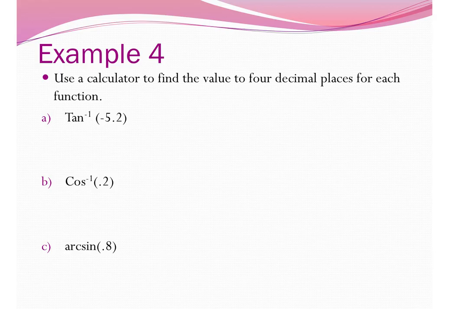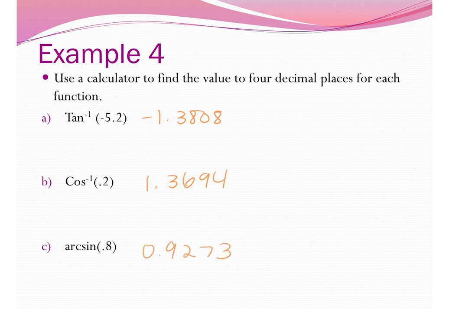All right, so this one says use a calculator, find the value, round to 4 decimal places. So I'm going to do second tan -5.2, and I get -1.3808. I'm going to do second cosine 0.2, 1.3694, and second sine 0.8,